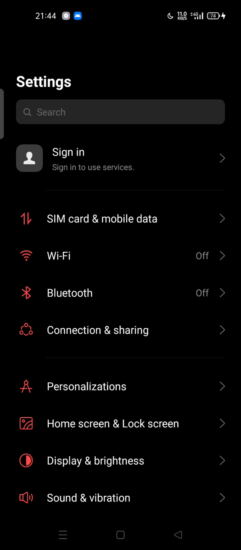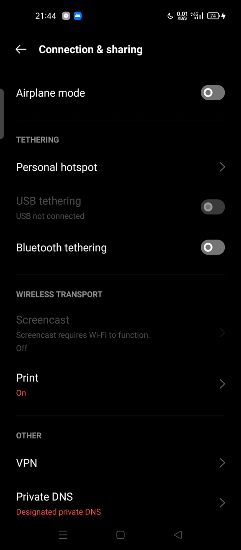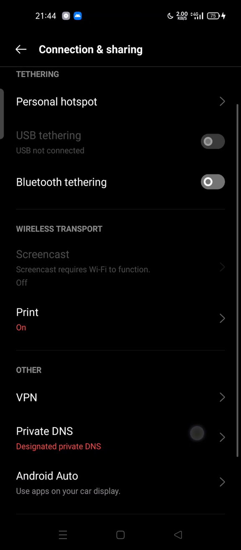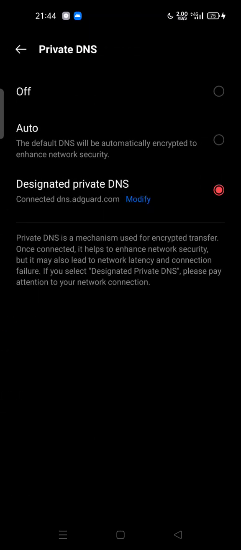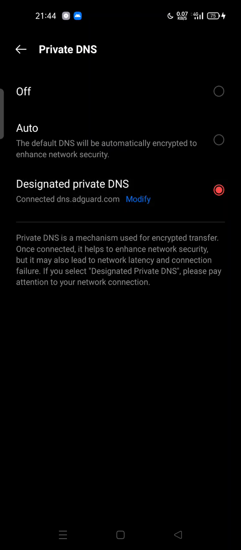And here, in order to stop or prevent ads like adware and pop-up advertisements on your device, you can try to access settings. Here you can try to search for connection and sharing. You can tap it and scroll down to the other options. Here, private DNS, you can tap it, and make sure you turn on the private DNS and choose the designated private DNS. You can tap it,